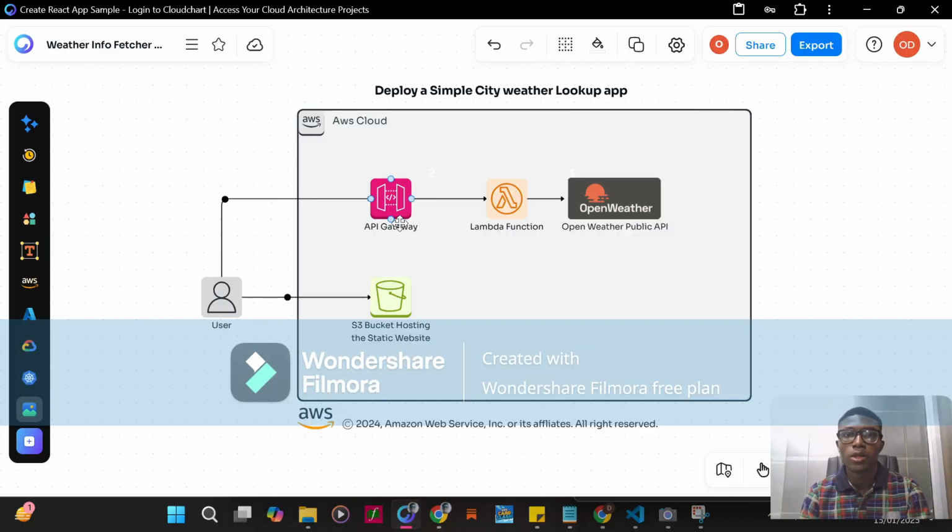So this is the architectural diagram. I'll be deploying a simple city weather lookup app with a simple front-end interface hosted on an S3 bucket. The user will be able to access it via the S3 website endpoint and type in their city. That takes you to the API Gateway, which will receive it and send it to the Lambda function, which would look it up via the OpenWeather public API,